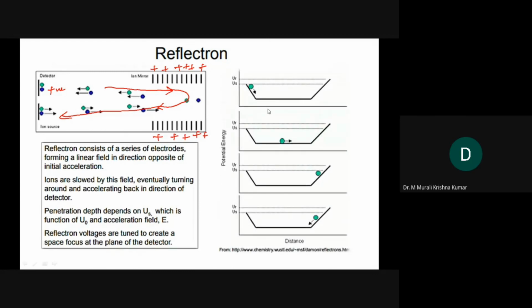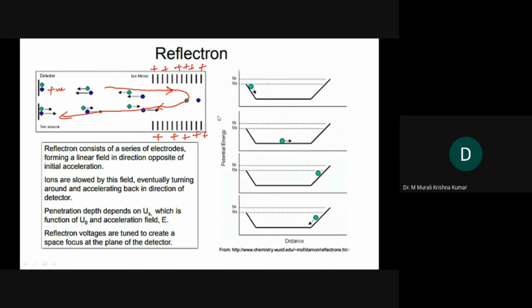So it is like this. When you plot the energy, in the beginning you don't have kinetic energy. When you are in the drift tube, you are moving like this, and again when you are close to the opposite charge, a positively charged environment, positive charge and positive charge cannot live together. That is the place where the energy is very high and increasing, and then the ion wants to shift back, so it will come back.